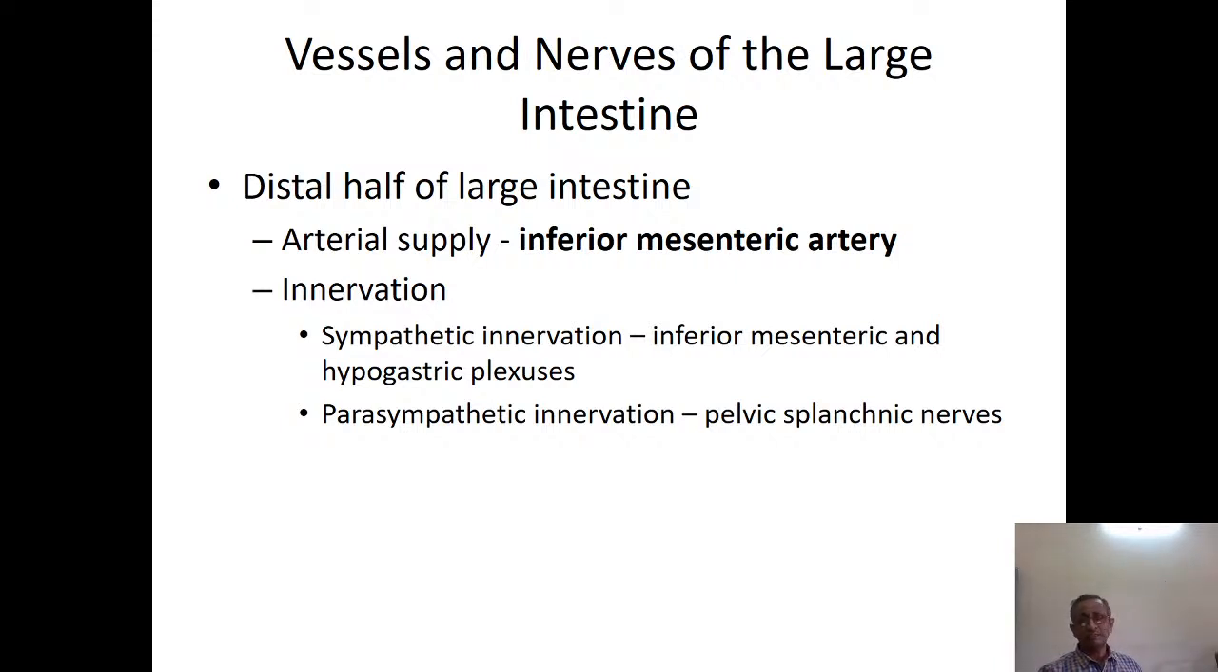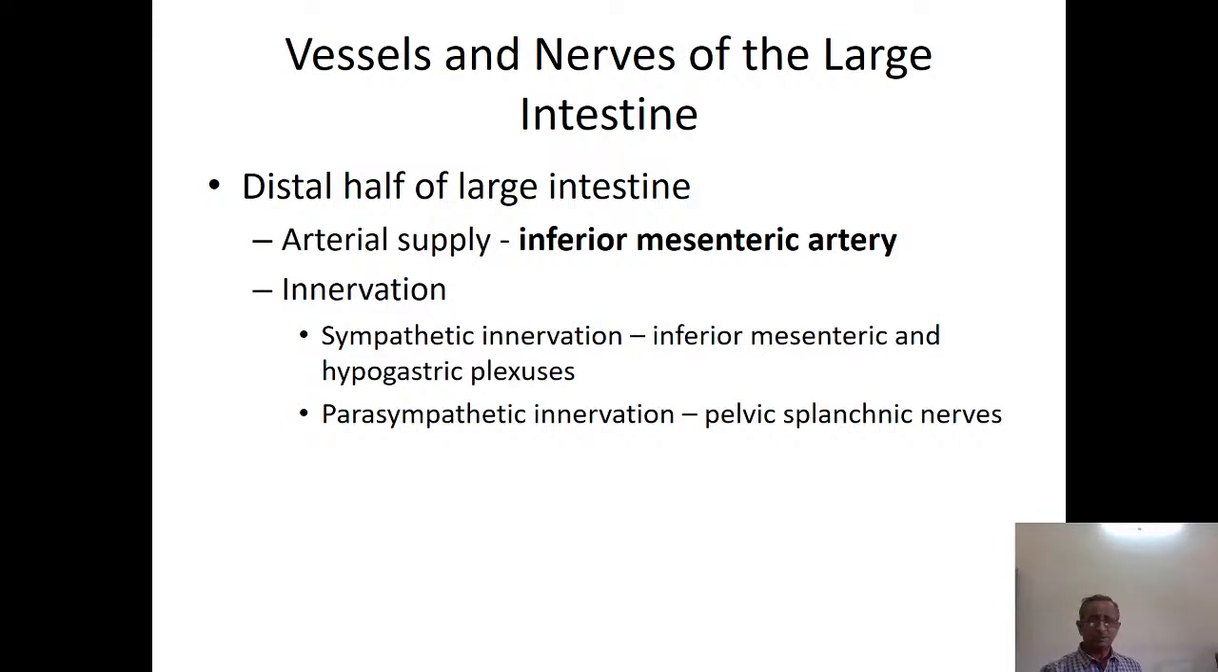This we are calling the distal half of the large intestine. That is supplied by the inferior mesenteric artery, and the innervation is from the inferior mesenteric and hypogastric plexus, and the parasympathetic is from the pelvic splanchnic nerves. So this is about the